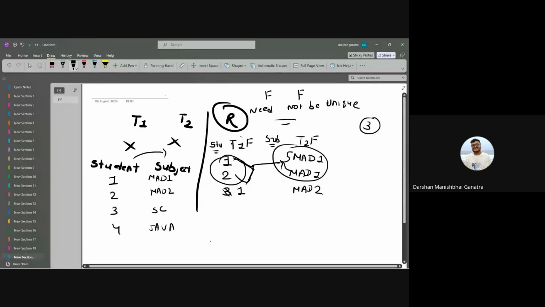So Math 1 and Math 2 are both belonging to student number 1. So it is like this, and that's why it is many to many. But if I constrain this, so that you can't repeat this, then